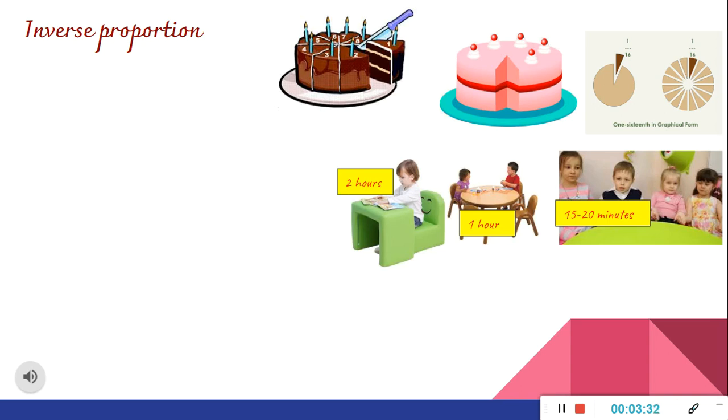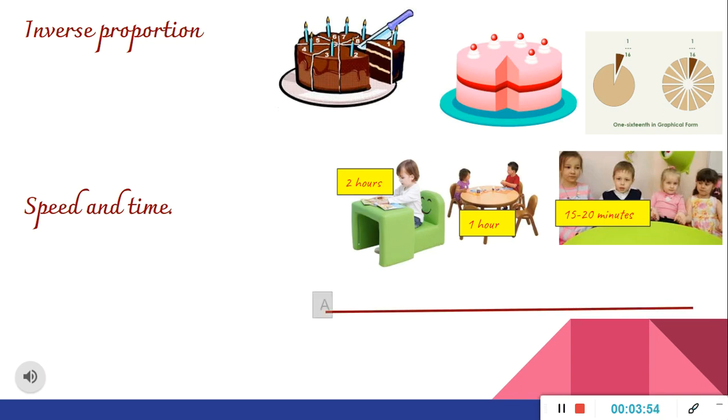Now, let us talk about speed and time. So we have spoken about distance, time and speed before also, right? But this time we assume that the distance is fixed. Speed and time taken are inversely proportionate to each other. Let's see. We know that the car has to travel from point A to point B. So this is the fixed distance. If the distance is fixed, how would speed and time vary?